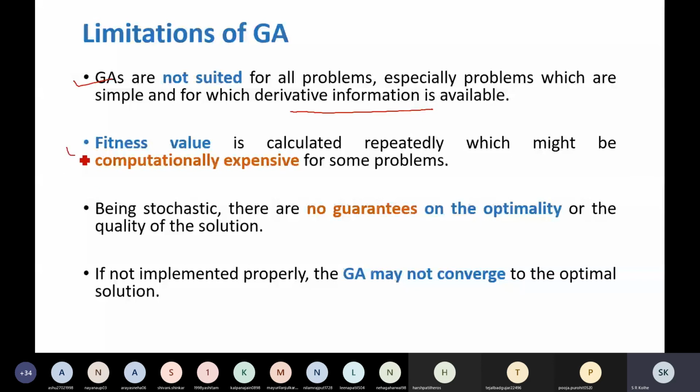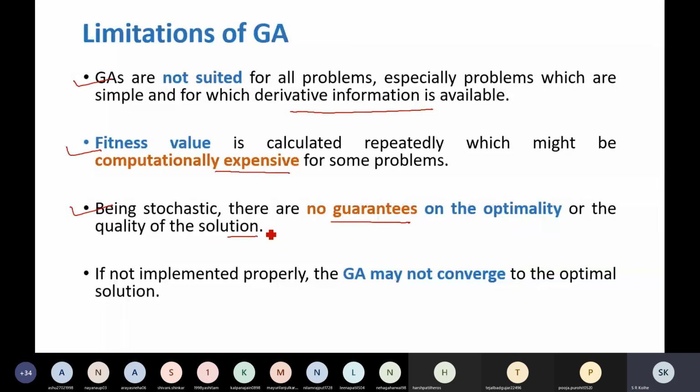Second problem is fitness value is calculated repeatedly, which might be computationally expensive. For every solution generated, you will have to apply the fitness function, and sometimes that is very computationally expensive. Being stochastic, randomization is there, so there is no guarantee on optimality or quality of the solution.